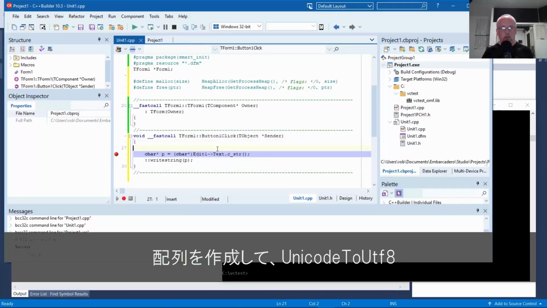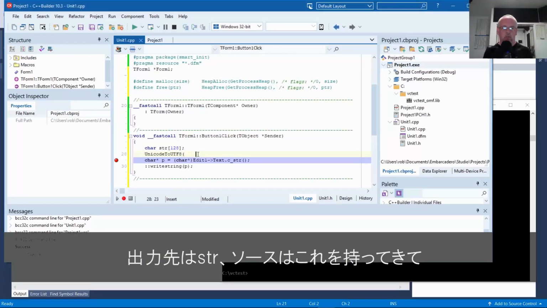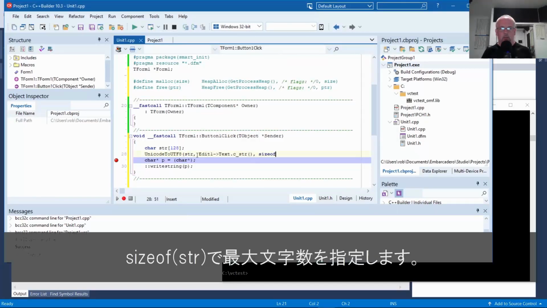So instead, let's create an array. Unicode to UTF-8. So the destination is str, source is going to be this guy, and the max bytes is going to be the size of str.